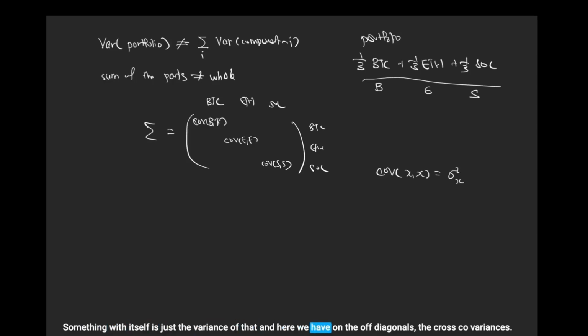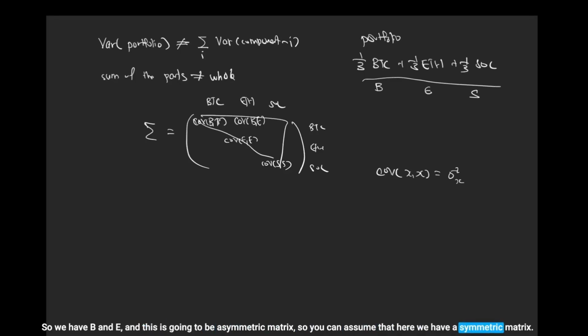And here we have on the off diagonals the cross covariances. So we have B and E, and this is going to be a symmetric matrix. So you can assume that here we have a symmetric matrix,